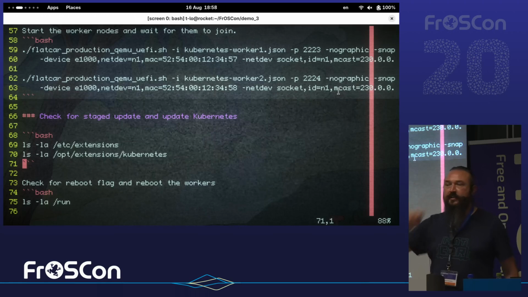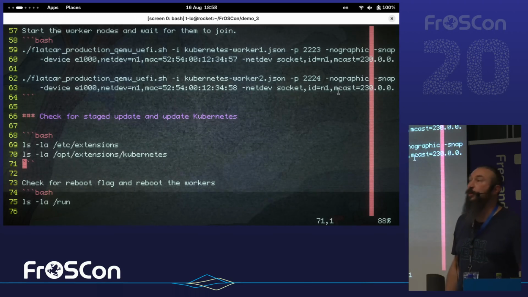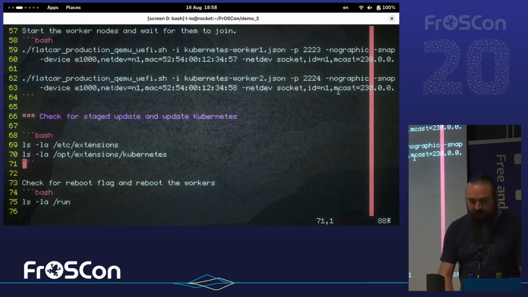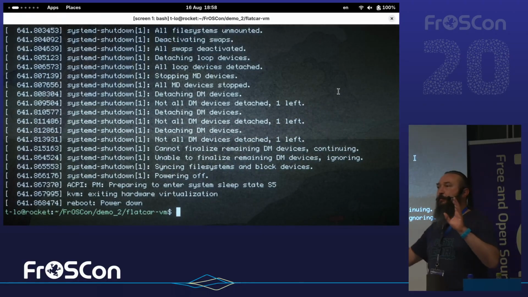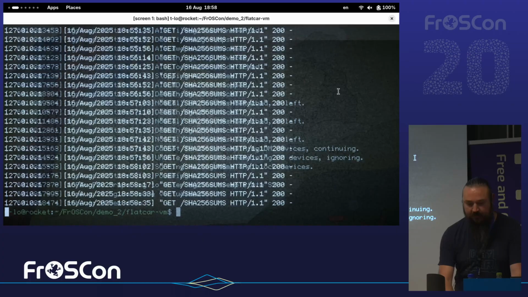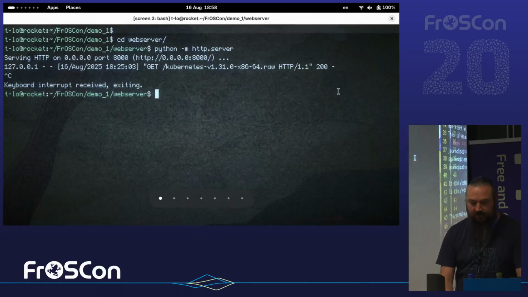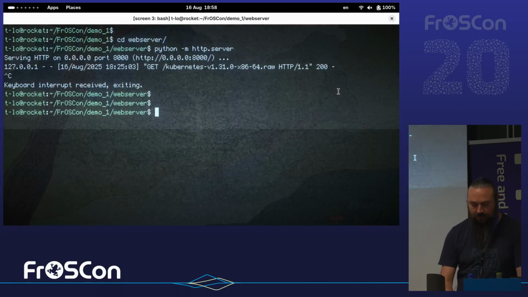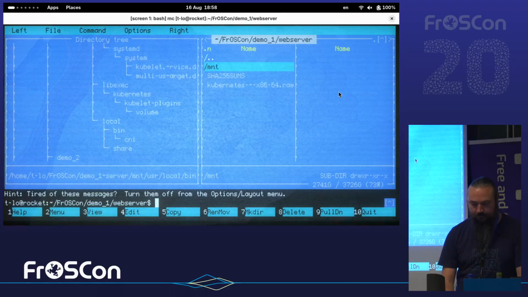So the question is whether everything needs to be statically compiled. No, it does not. If you remember that part where I showed you the metadata, we can actually go back there. That's a good question. That was in the first demo. So in the first demo,